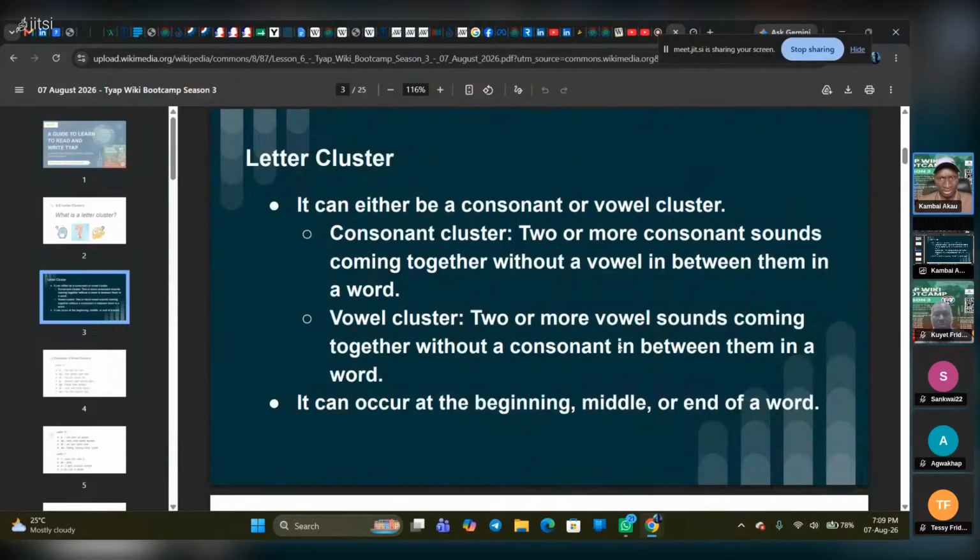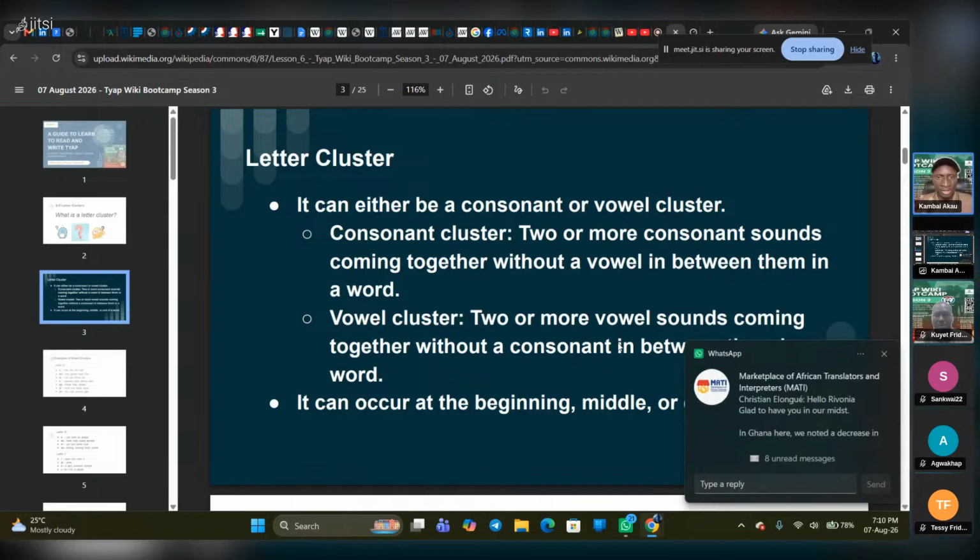And what is a consonant cluster? This is when we have more than one consonant sound coming together without a vowel coming in between them. And then what is a vowel cluster? When we have more than one vowel sound coming together without a consonant sound in between them, that's a vowel cluster. Examples of consonant clusters, we have SHY, for example. You don't see I in between SH and Y. We have SH, Y, we have B, Y, we have B, W, there are many in the Tyap